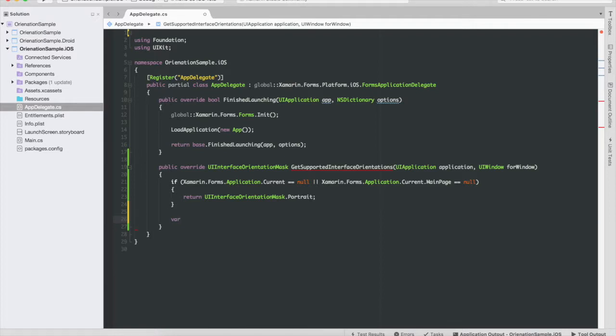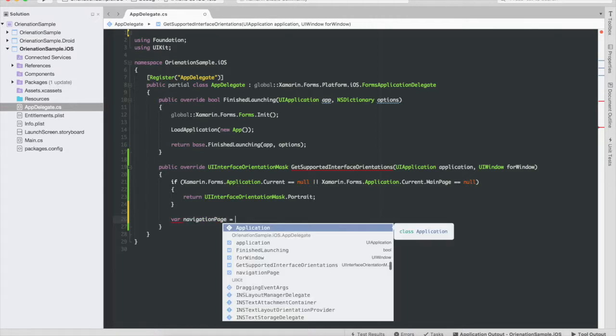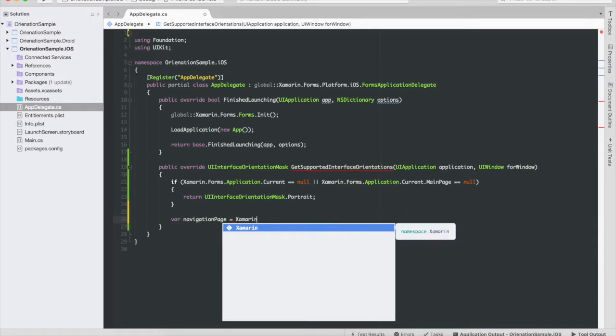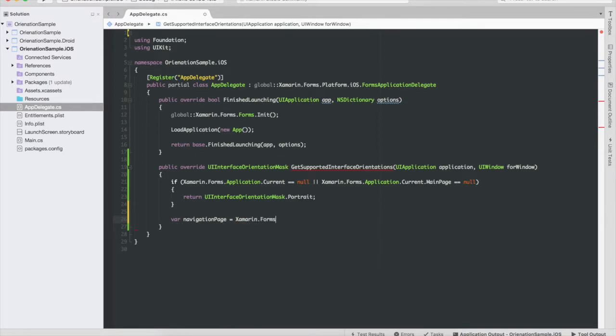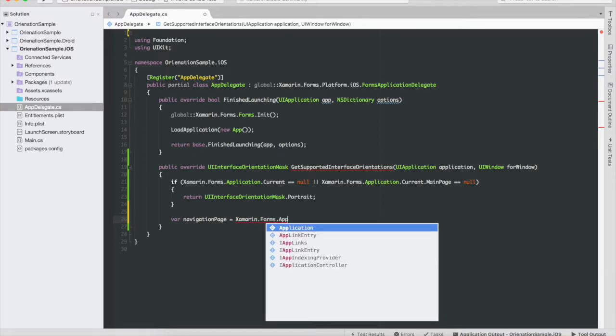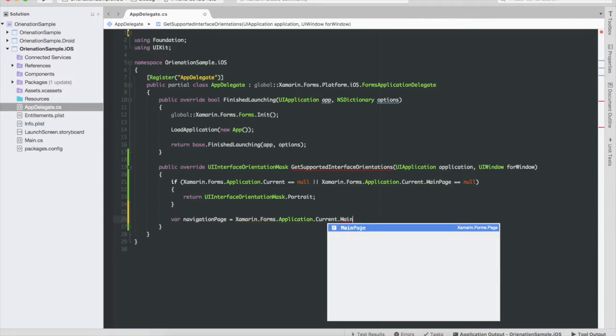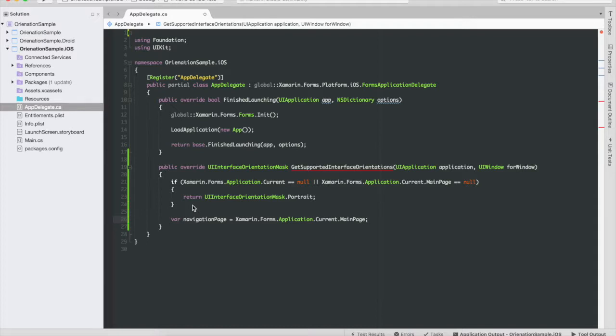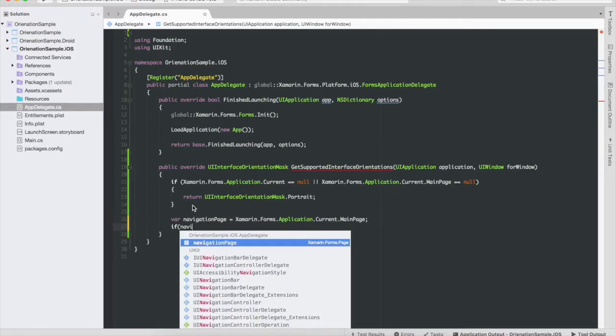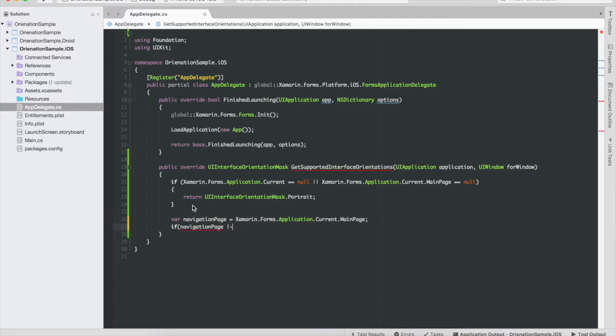So for that I'm just trying to create an object to hold my current page, main page. If my navigation page not equals to null,